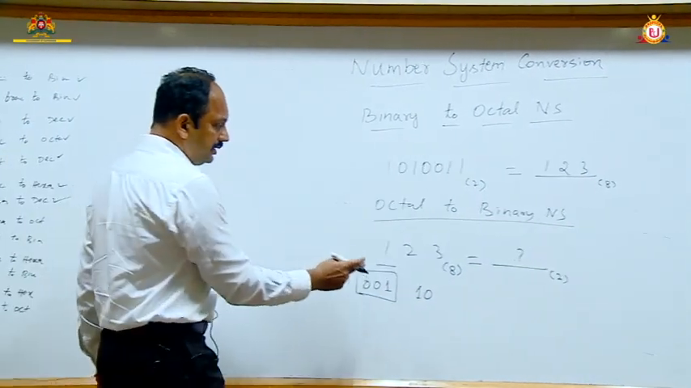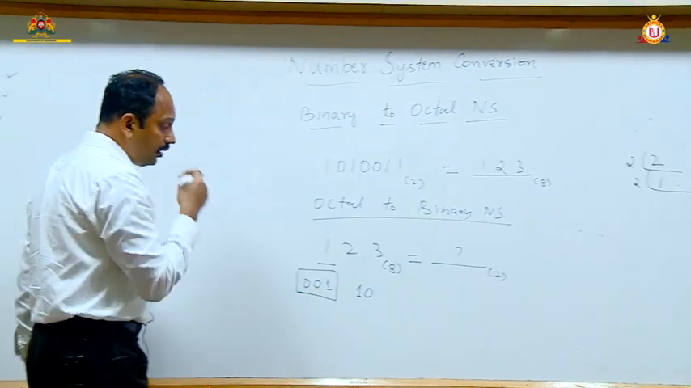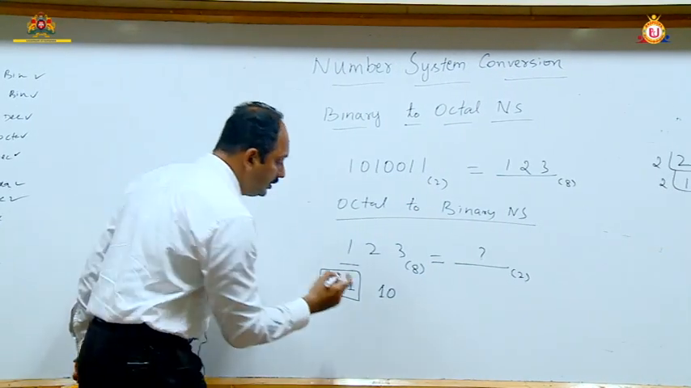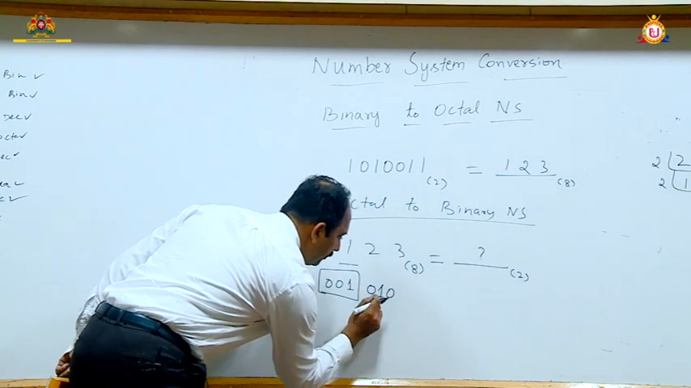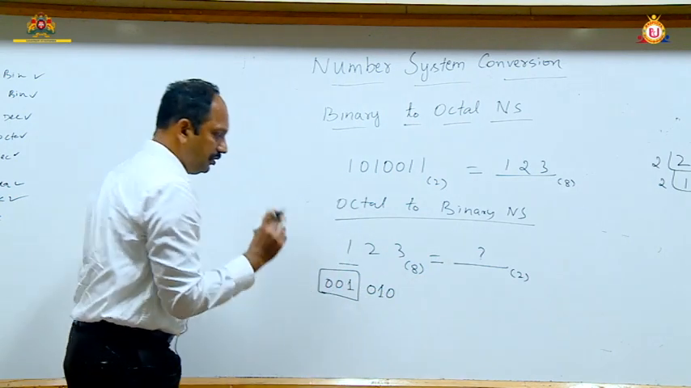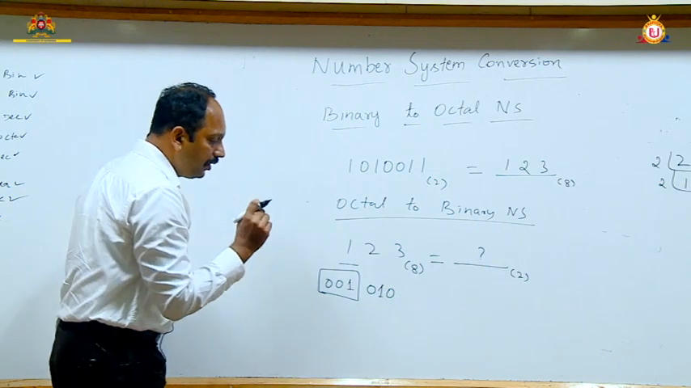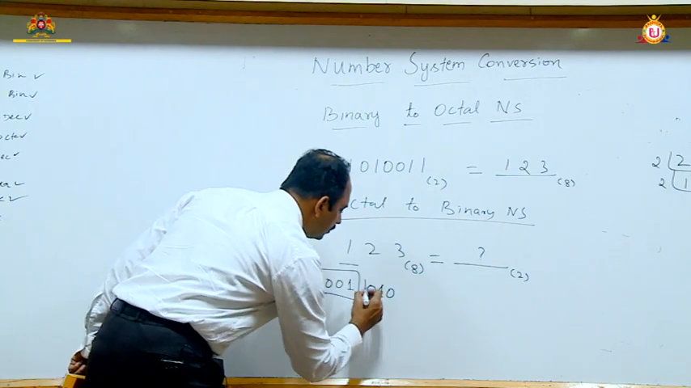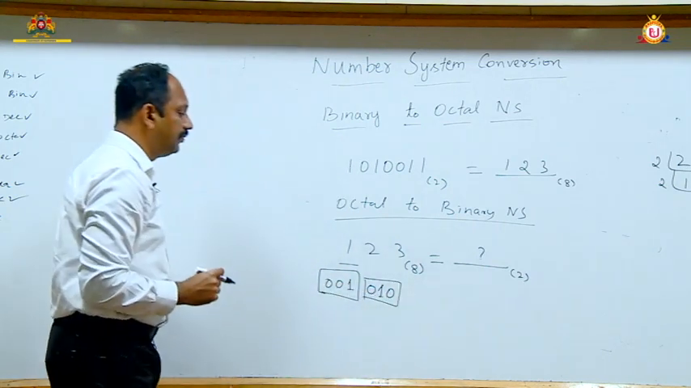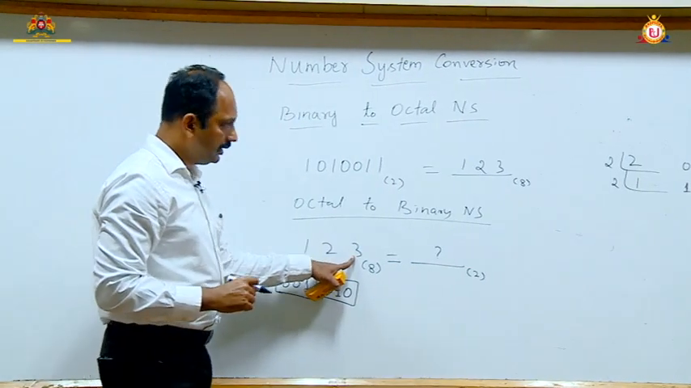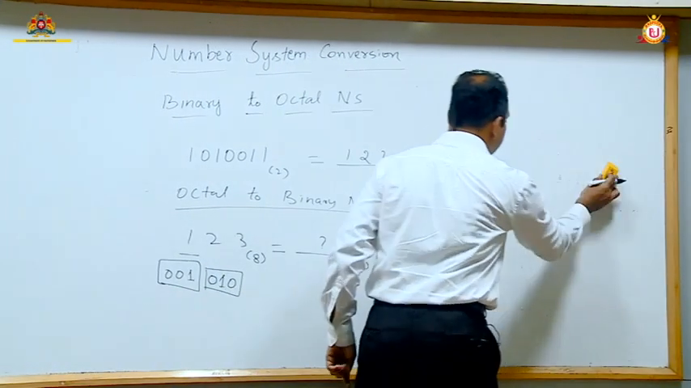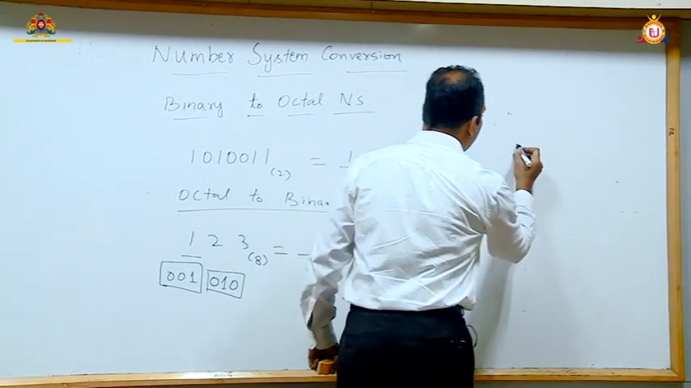Now there are 2 digits here. We have to make a group of 3 digits. So 0 is prefixed to this result to make a group of 3 digits. So that is the final answer for the octal 2. Then we take the octal number 3 separately and convert it by dividing